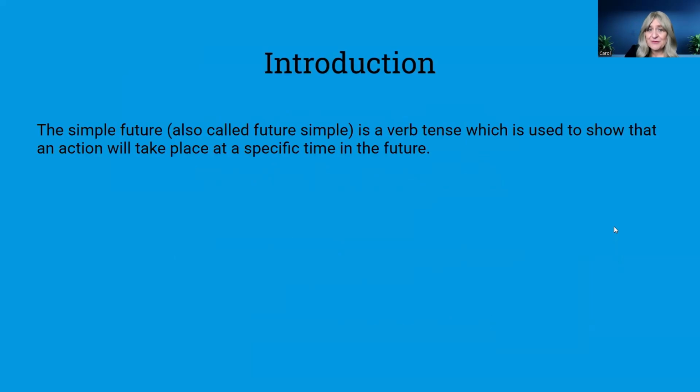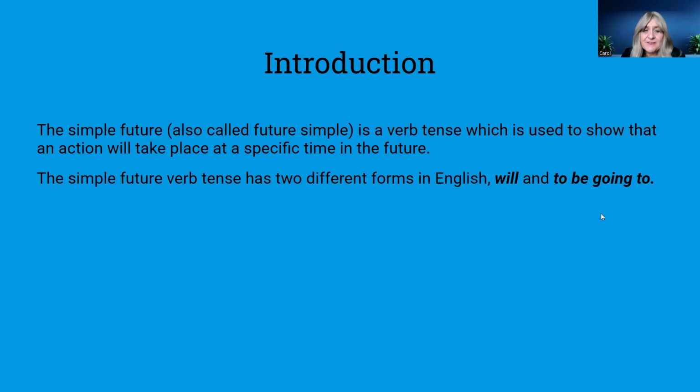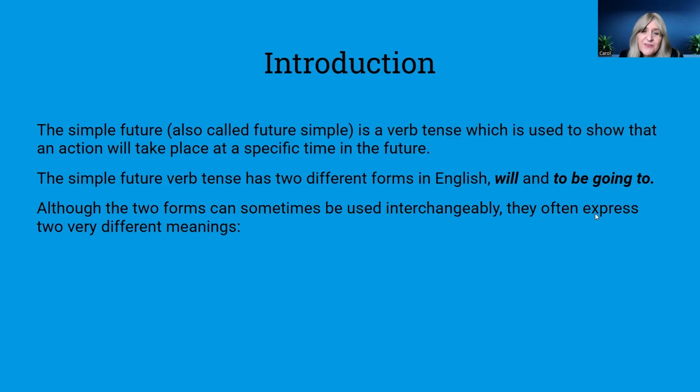So the simple future, also called the future simple tense, is a tense that's used to show that an action will take place at a specific time in the future. So this tense has two forms in English, and those forms are will and to be going to. Although these two forms can sometimes, actually quite often, be used interchangeably, they also often express